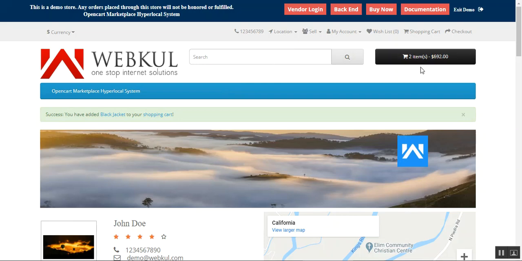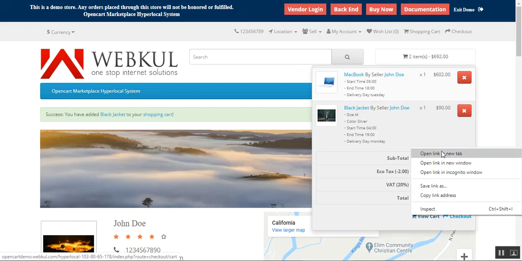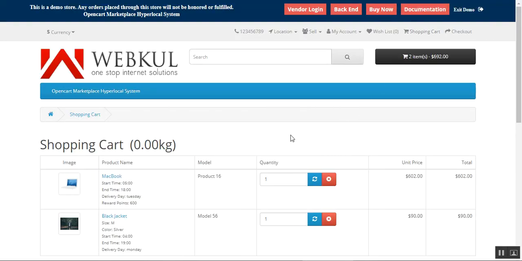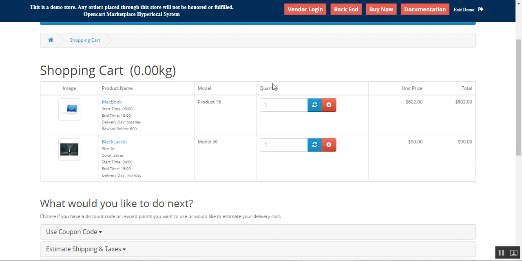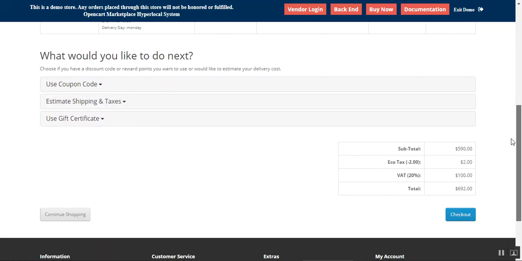Now after adding the products to the cart, I can make a checkout thereafter. So let me go to the cart page first, and thereafter we will make a checkout. I just want to show you the actual shipping method that will be used. Basically the admin and the sellers can provide this hyperlocal shipping method to the customers for getting the products delivered very quickly. So here you can see that we have the two products,